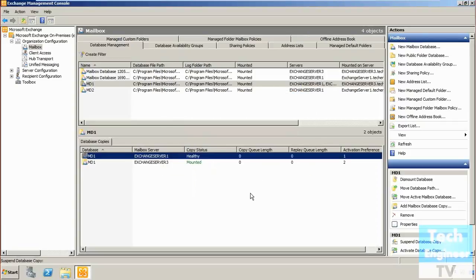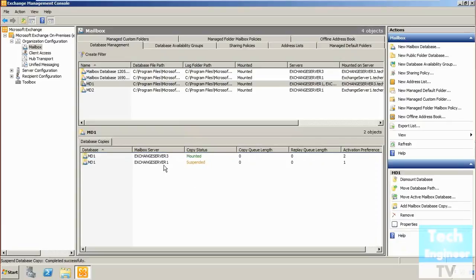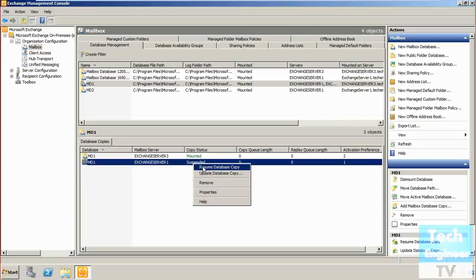Now we can also suspend that mailbox database. You can see it is now in its suspended stage. It means it is no longer working, but the preference number will still remain 1. We can update the database copy here.